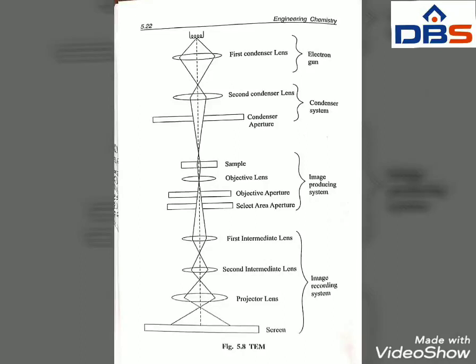The beam of electrons from the electron gun is focused into a small thin beam by the use of condenser lenses. The beam then strikes the sample and part of it is transmitted. The transmitted portion is focused by the objective lens onto the fluorescent screen, where light is generated, allowing the user to see the image.